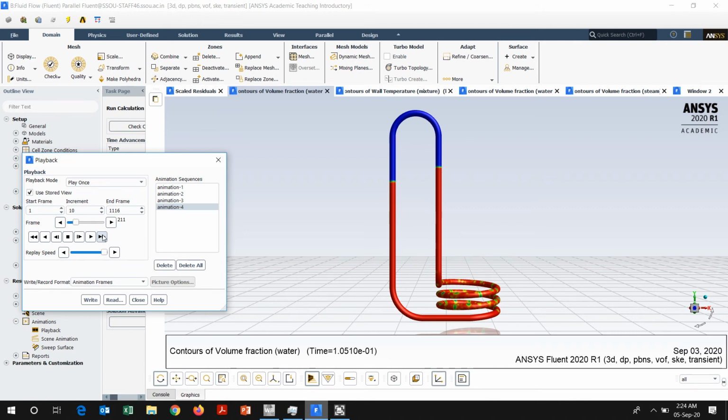You can set this particular animation in the Fluent window itself in order to understand whether whatever you have done is correct or not. It is quite good to set the animation in Fluent itself without actually waiting for the results.